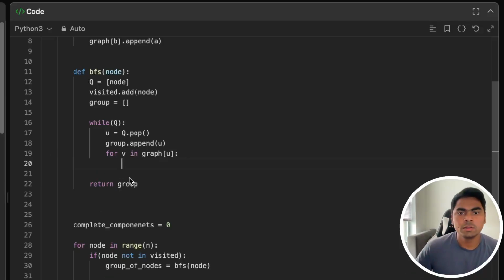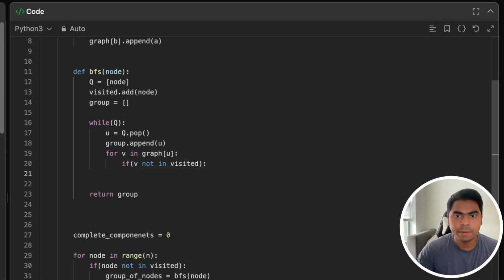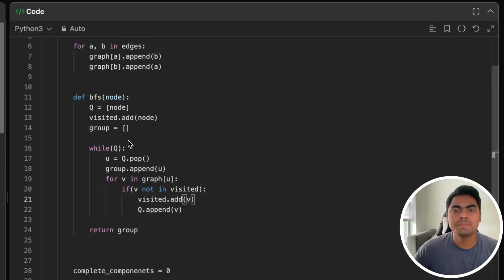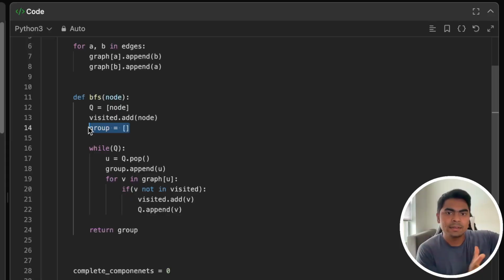Graph at u, all the neighbors are v. If this v is not in visited, that means we will append it to my queue, so q.append this v, and then also mark this visited. Add this v. So this is a simple BFS. It's just this extra line that we have added to collect all the nodes in that particular